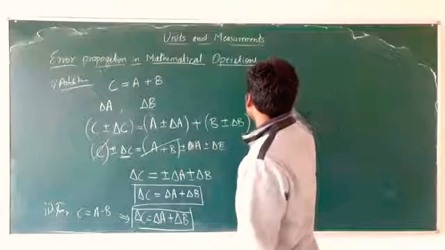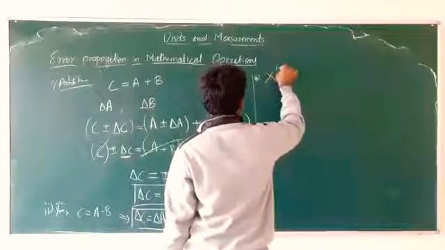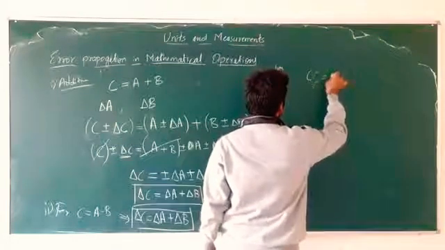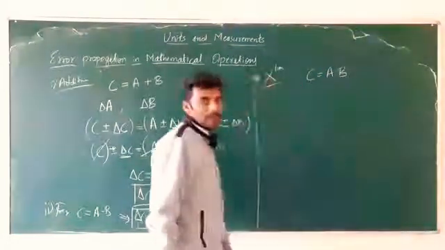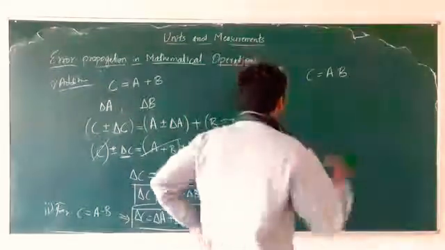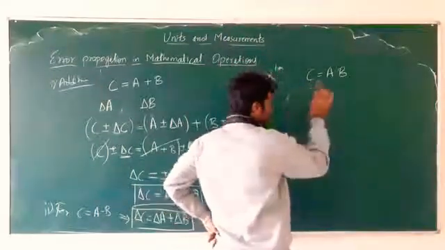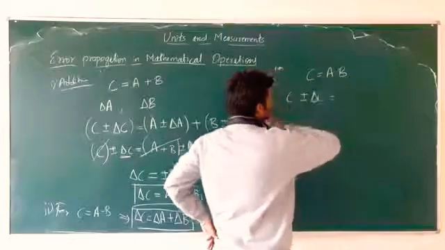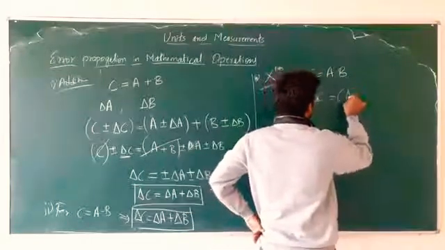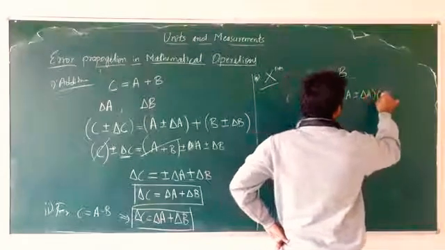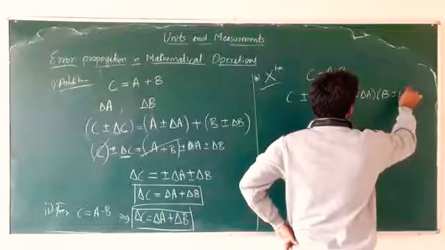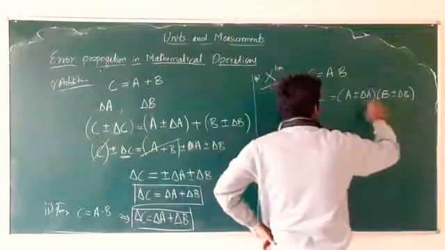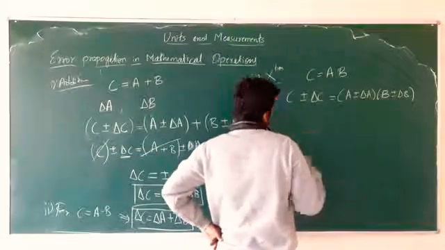Now moving ahead, if I take multiplication, we will have C is equal to A into B, right? AB. How should I express C? When it comes to actual measurement, I should express C as C plus or minus delta C, right? A should be expressed as A plus or minus delta A, and B should be expressed as B plus or minus delta B. It's the product of A plus delta A and B plus delta B, that is the product which should be considered.